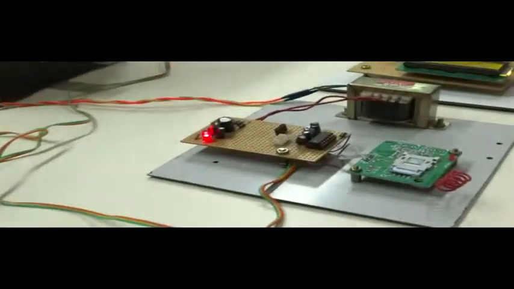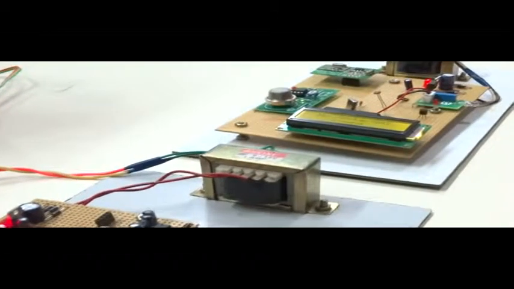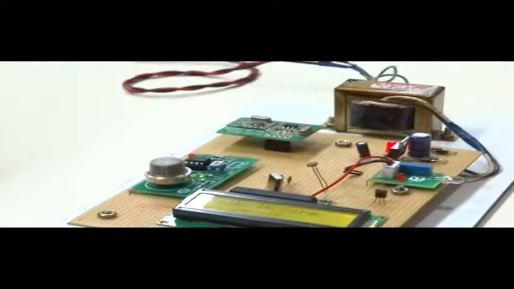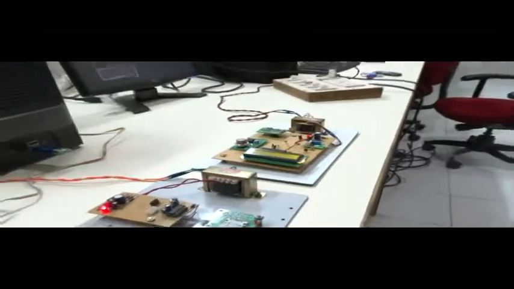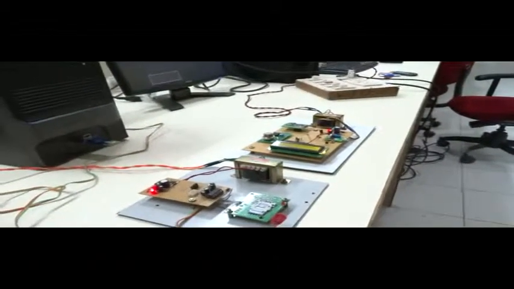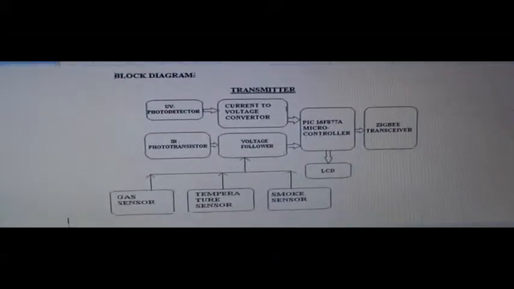persons so that the necessary steps will be taken by them to reduce the destruction. We have additionally included smoke and gas sensors to have prior warning about the fire occurrence. In existing systems, only smoke, gas and temperature are sensed and the alert message is sent. This leads to many false alarms, that is, it will produce the alarm and send the message even though there is no fire. This is the block diagram of our project.